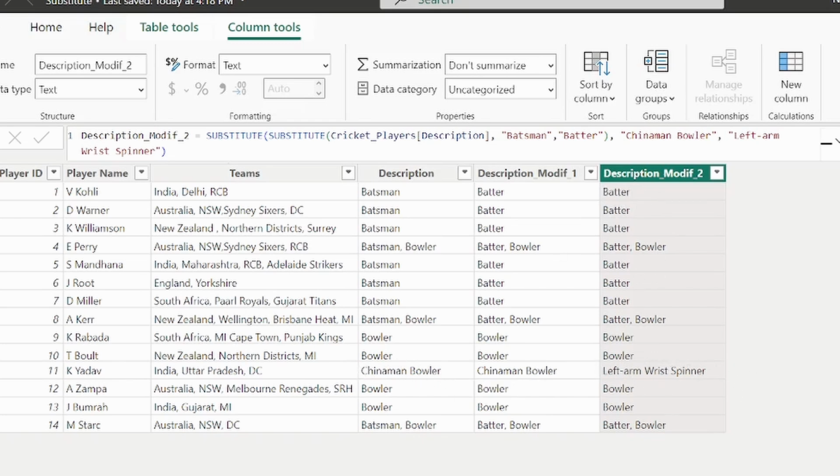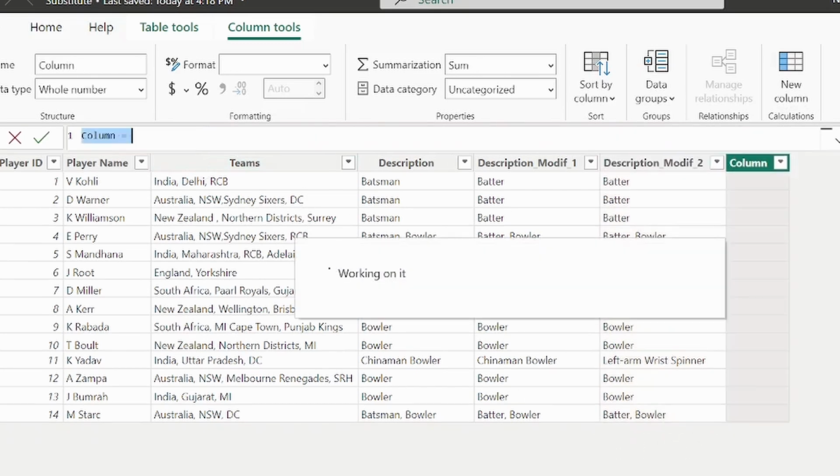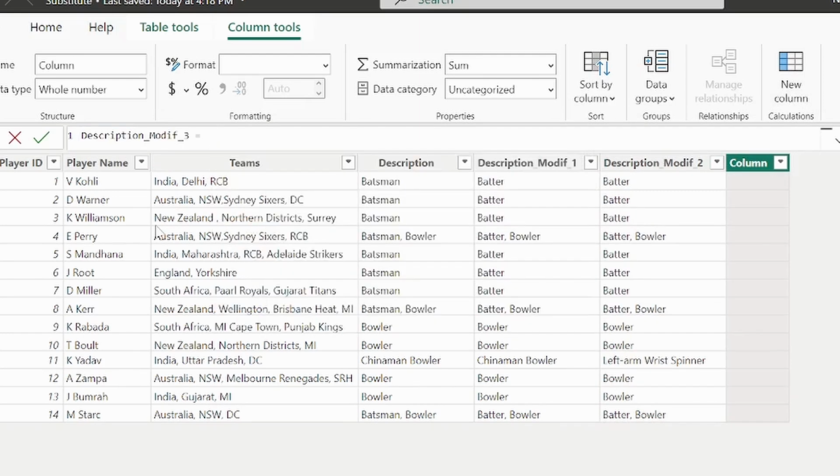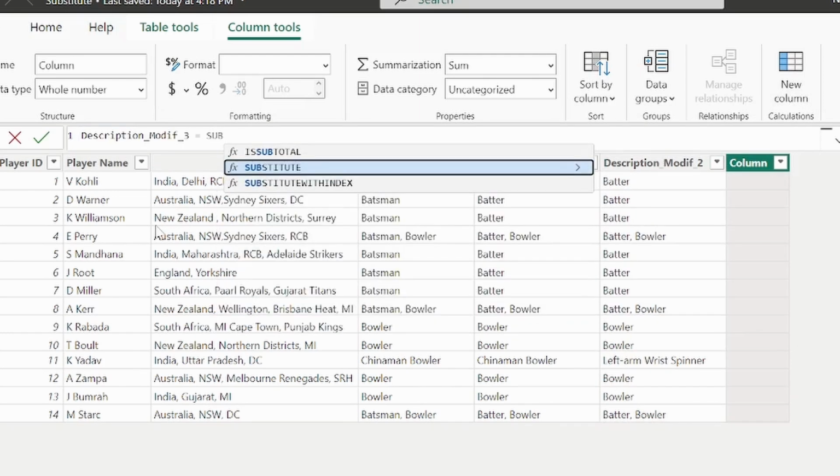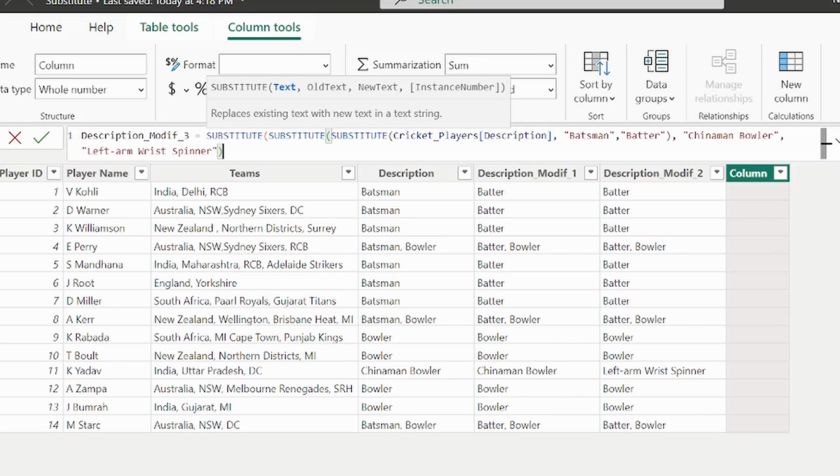We can keep on doing these kinds of DAX functions wherever we have a player who is both batter and bowler; we'll call him or her an all-rounder. Let's copy this, insert a new column. I'll say Substitute Modif_3. I'll say SUBSTITUTE, and I'll paste the DAX function that we used to create the second description Modif_2